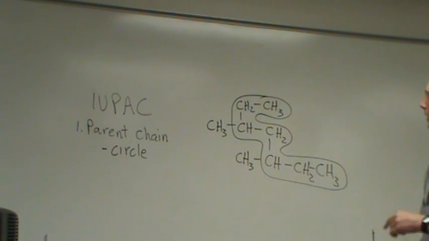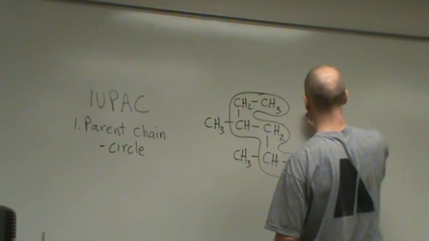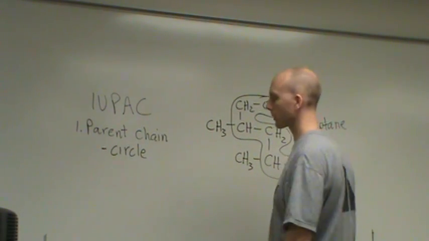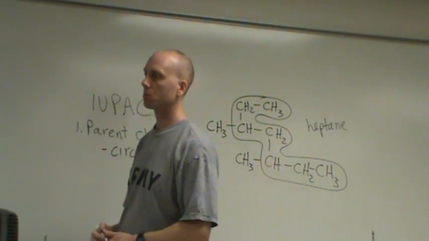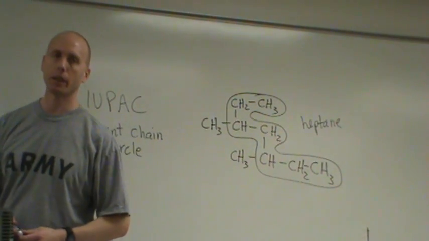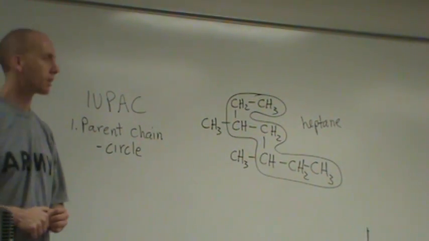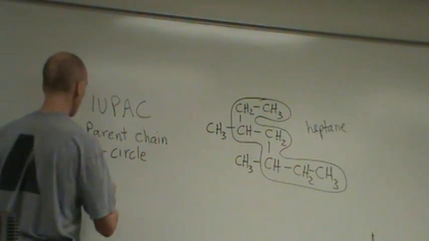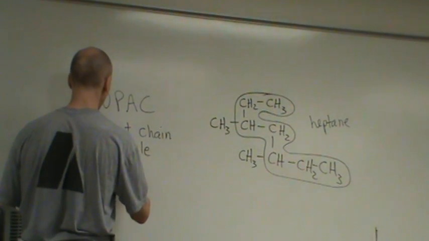How many carbons are in that parent chain? 7. So our parent chain in this case is some kind of heptane. See why you have to memorize those names. The second thing you do is we